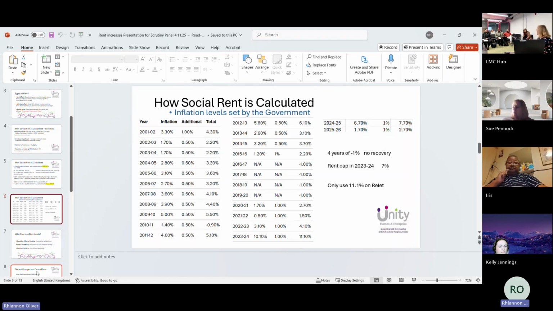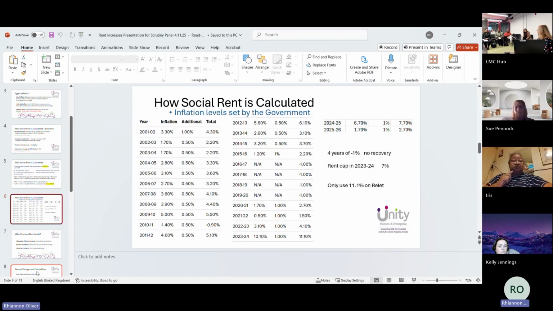But actually, there's nothing hidden in this. This is exactly how we calculate our rents. And you'll see as we come onto the numbers, the majority of our rents are on this basis. I think what's important to point out is you can see from 2016 through to 2019 was the 4